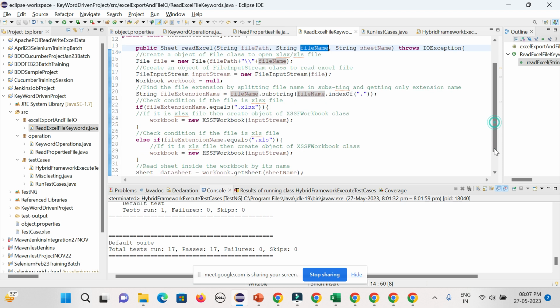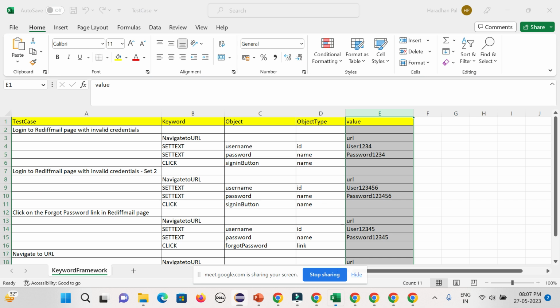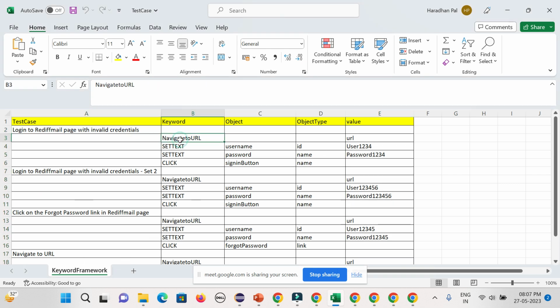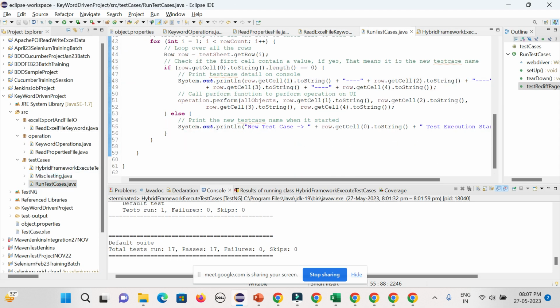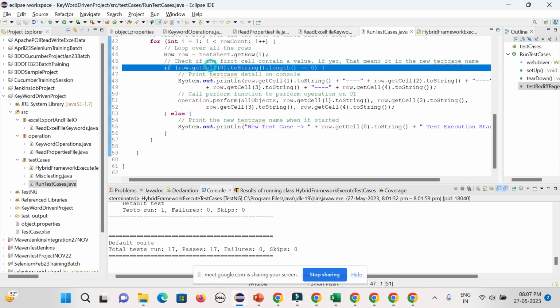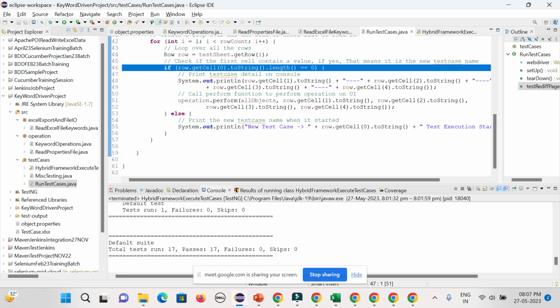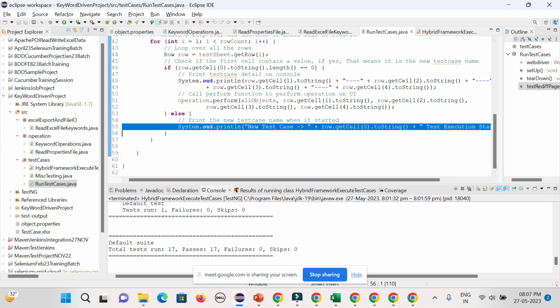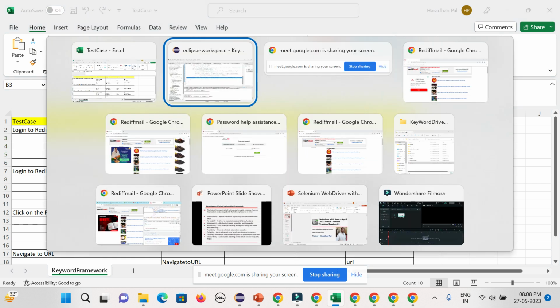So that is the way you will be doing it first, right? Whenever you read it, you will go to the sheet name, which is already coming here. Then you will be reading the row, column, and cell, matching each and every cell with the objective, and writing your test cases. As and when your cell has some value, you will simply add that test case name and test case started, and in case it has a value, immediately you will call the relevant method, relevant step. That is the way you will deal with the keyword driven framework,